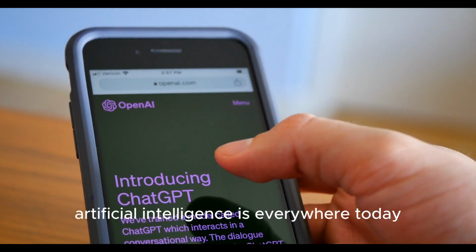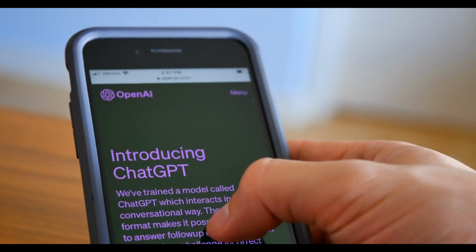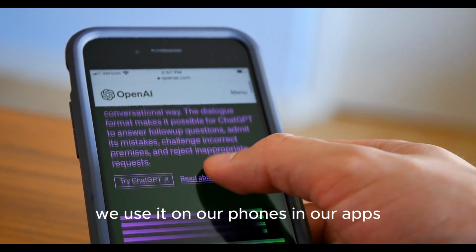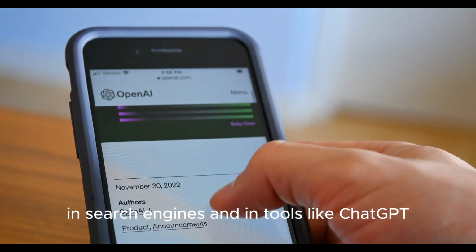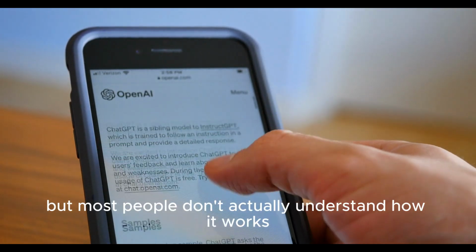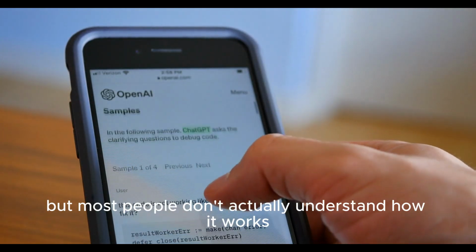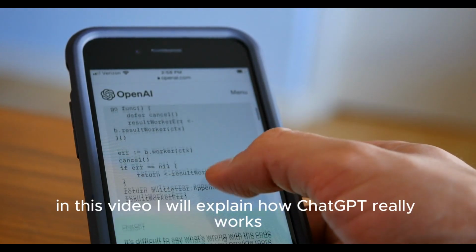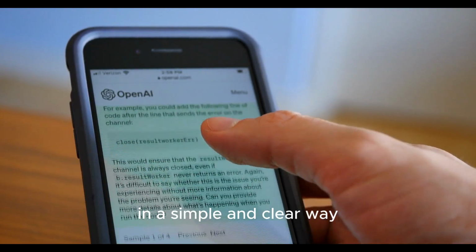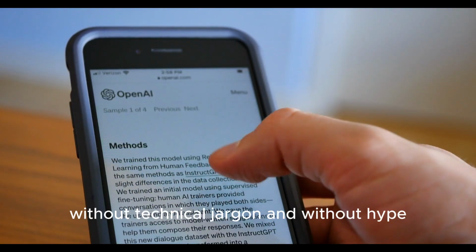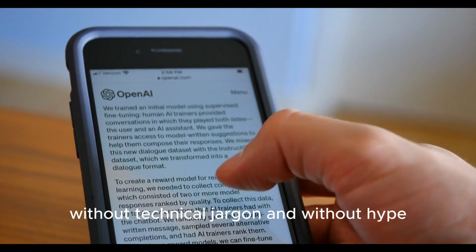Artificial intelligence is everywhere today. We use it on our phones, in our apps, in search engines, and in tools like ChatGPT. But most people don't actually understand how it works. In this video, I will explain how ChatGPT really works in a simple and clear way, without technical jargon and